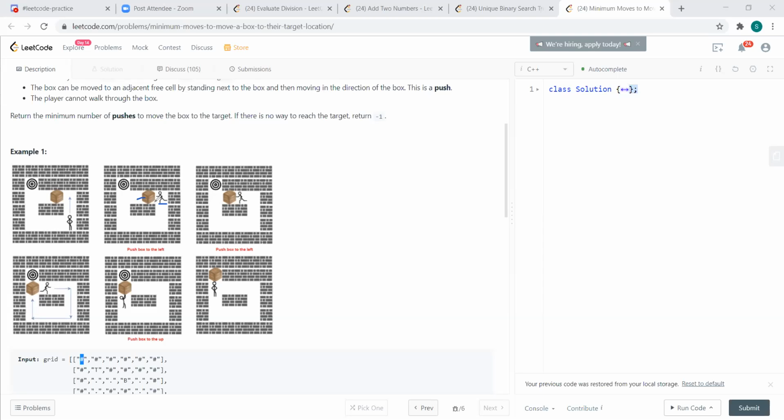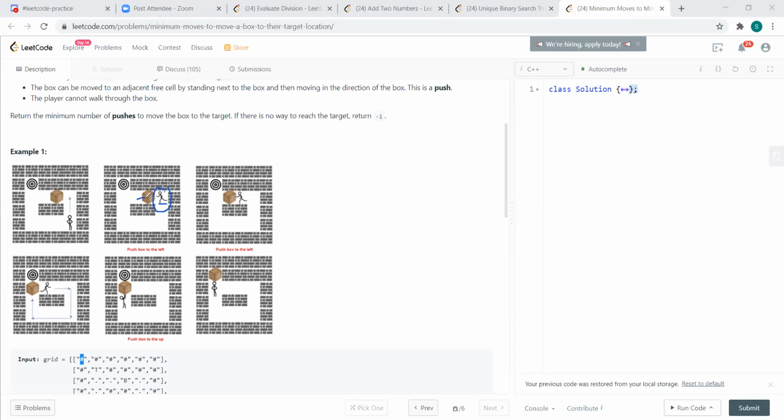So level by level we move unless we reach the target, because it seems to me like a shortest path algorithm. I want to find the shortest path, and to find the shortest path, BFS is a good approach, right? But we have to be very sure about the player's position. That is also important, because if you are given just a box, it would be very easy. Just look at the current position of the box and what directions it can move, and then you start your BFS from there.